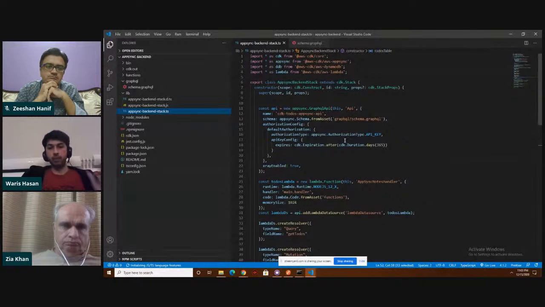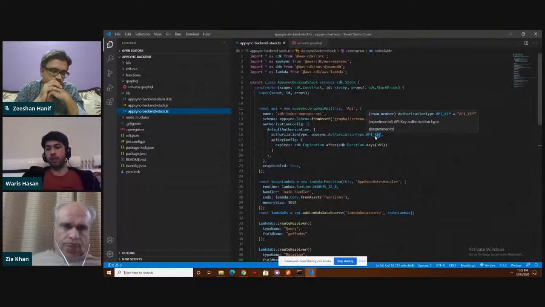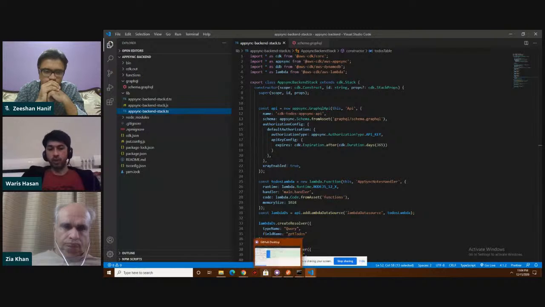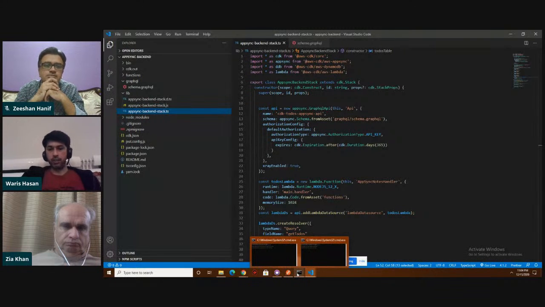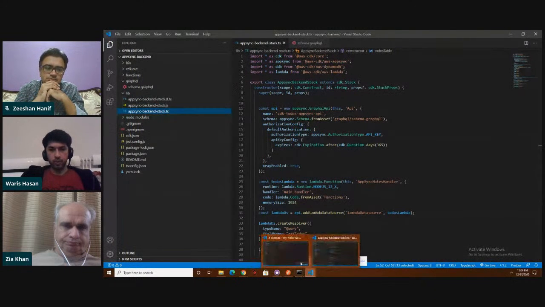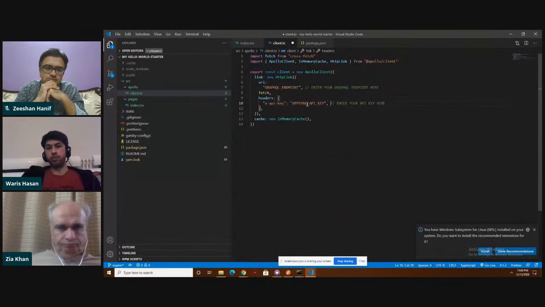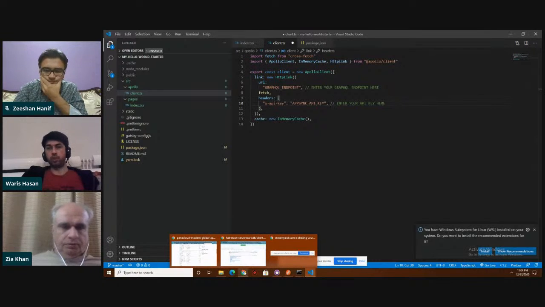Anyone who has access to this API key, only they can actually access the GraphQL API. So if I do not pass this API key with my header, then I won't be able to access it because it's not public anymore. It's private. That's just a bit more added security. So that's why we need to pass this API key. And where would we get this from? We can either print it on our console when we're deploying it, or we can actually